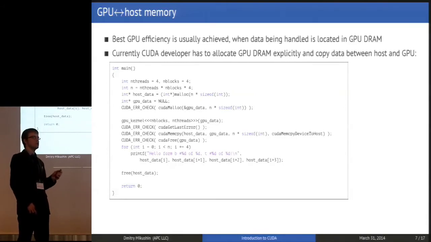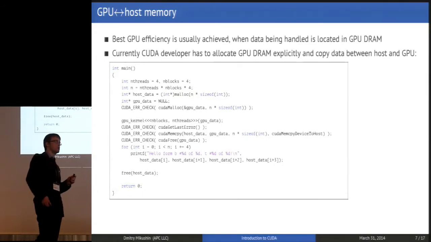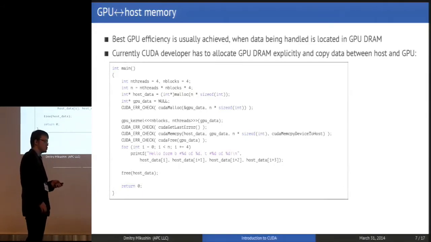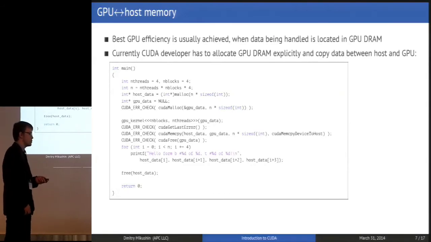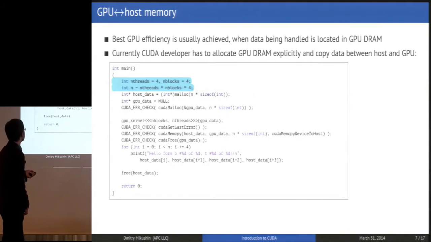This is actually not necessary. There are alternative approaches how you can map the host memory directly to GPU. But this is an advanced topic. We are not covering it in this presentation. So let's assume that CUDA developer has to allocate GPU RAM and copy memory. So in this case,